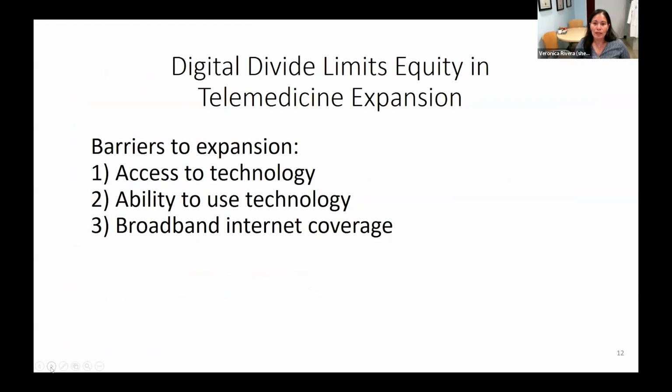A little bit more about the digital divide. Again, because of the digital divide that we are seeing in our communities, this can, for many of our populations, unfortunately limit access to telehealth. So again, thinking about opportunities within your community and in your